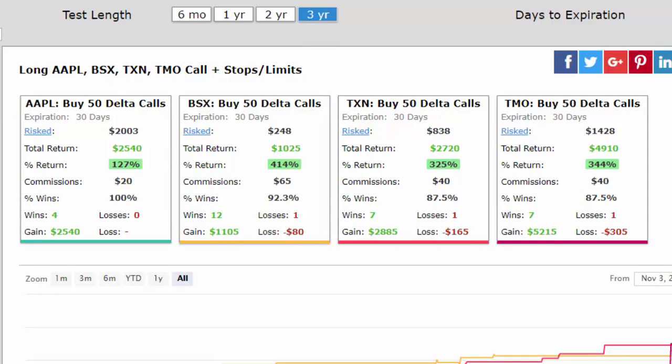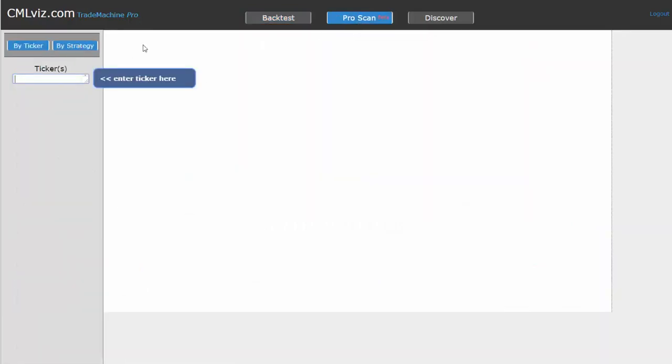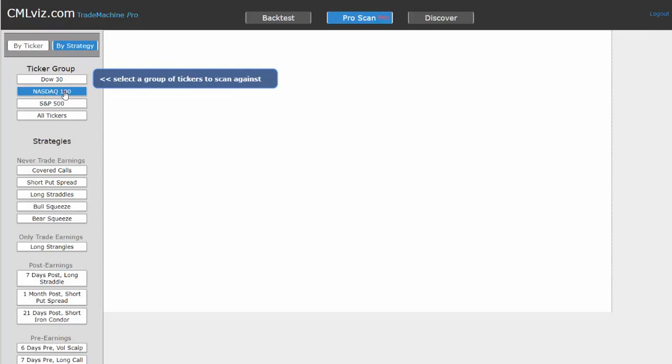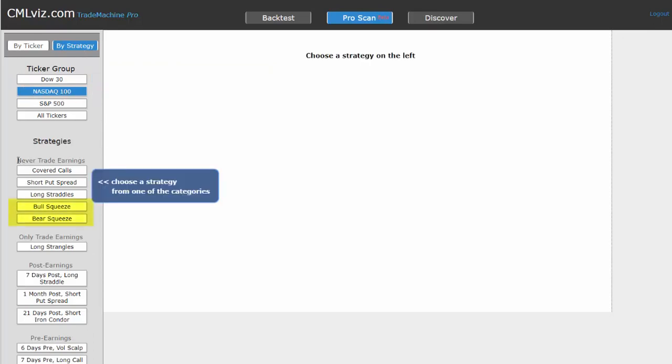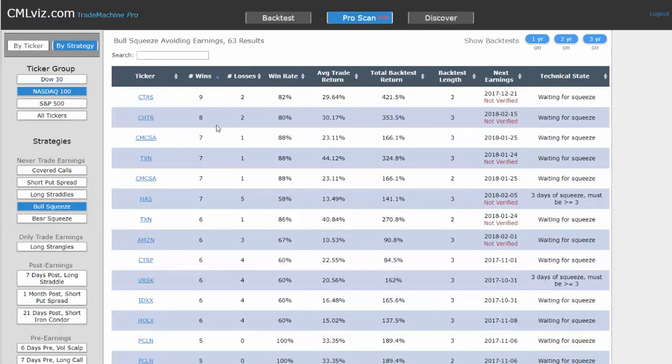And as always, if we're looking for the companies that have performed the best historically with either a bull squeeze or a bear squeeze, we go to the Pro Scanner and look under Buy Strategy. We can select our ticker group as always. And now, under the strategies for never trade earnings, we have added the bull and bear squeeze. Let's click on bull squeeze, sort by the number of wins, and now you can see the number of wins and losses, the win rate, the average trade return, the total backtest return, and on the final column, we have